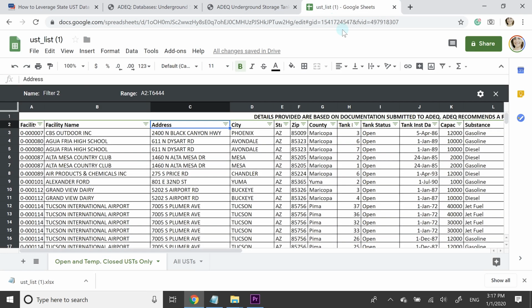So if you open up the Excel list, you'll get a lot more information. You have open and temporarily closed USTs only. So these are basically the active sites, and then they also have a tab for all USTs. What I like about this file is you have the facility name, which is essentially the DBA, what it's operating